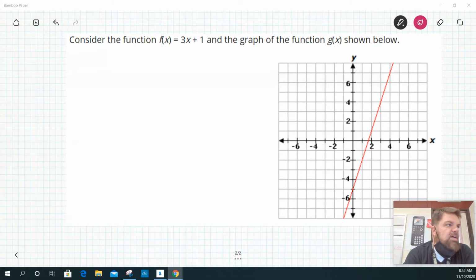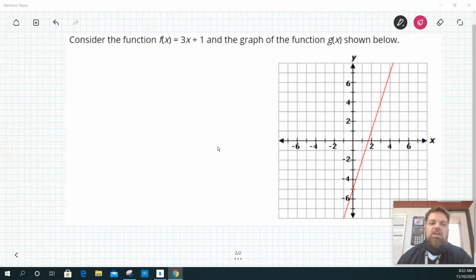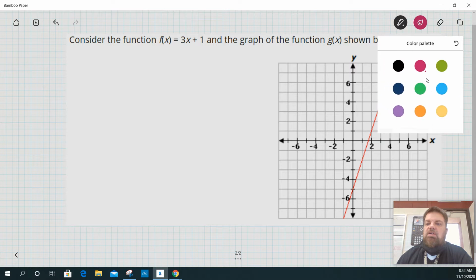So it says f of x is 3x plus 1, and the graph of the function g of x is shown below. So, we're going to talk about the transformation, but before I talk about the transformation, let's graph f of